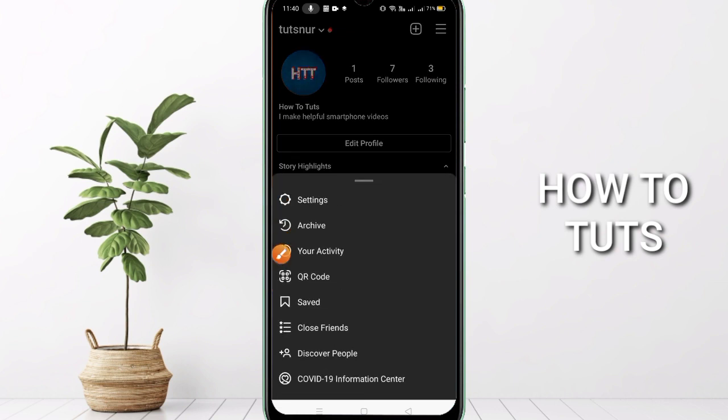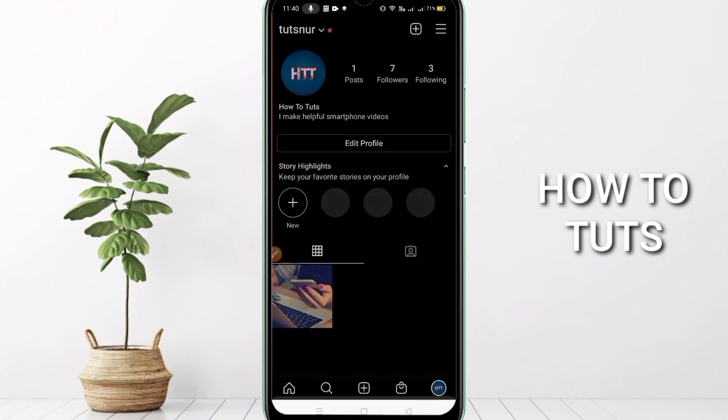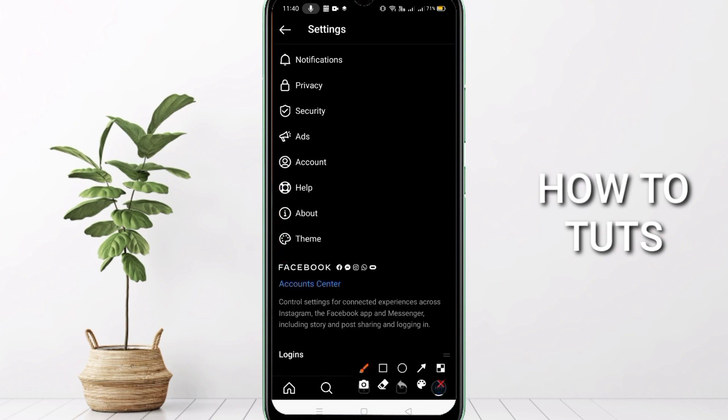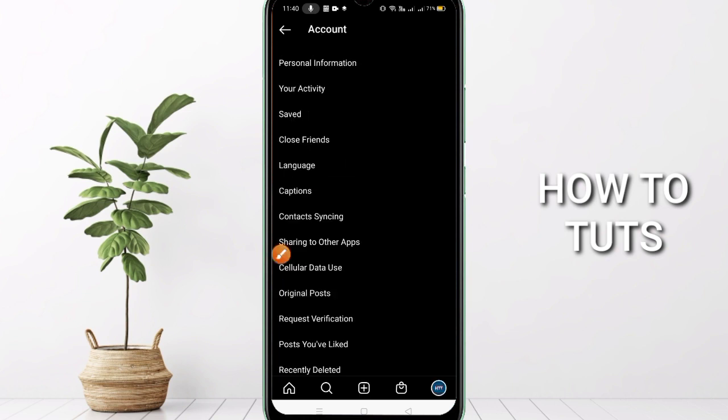Click on this, and then you will get the pop-up from the bottom side, and the first one here you can see is the settings option. Instagram brought some new options, so you have to update your Instagram account first. Okay, then click settings, and here you can see the option accounts. This one, click accounts,